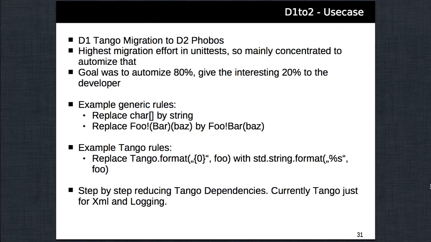And another aspect we had with our code bases is that we every time want to use the newest compiler. That means we also stuck to Tango D1 quite a long time, and then Tango got ported to D2, and we had the possibility to switch from D1 to D2. But our code base was just too huge to do it manually. So we also automate this.